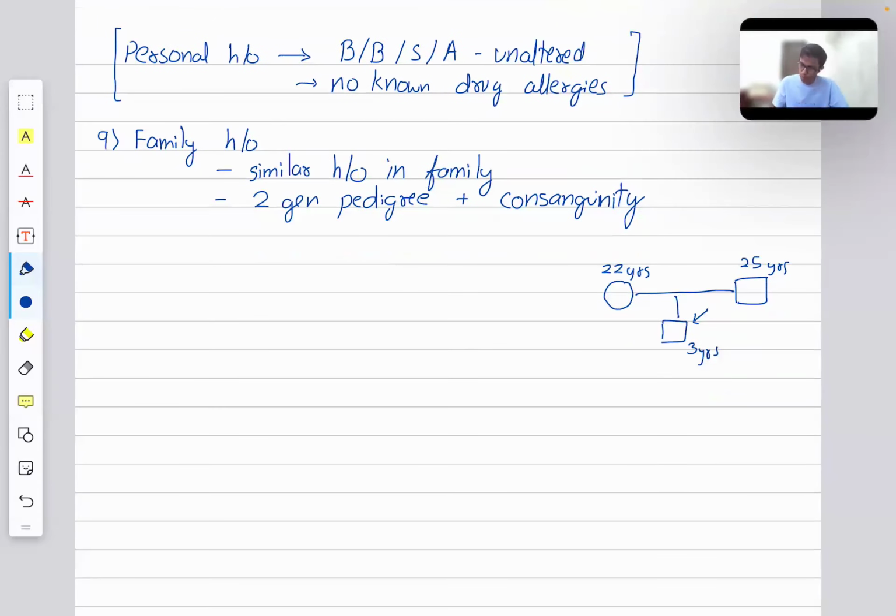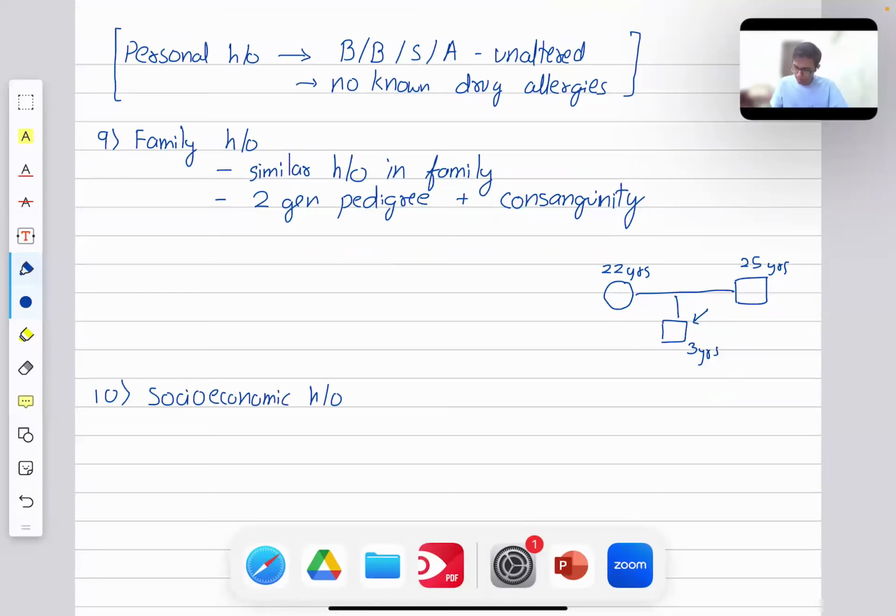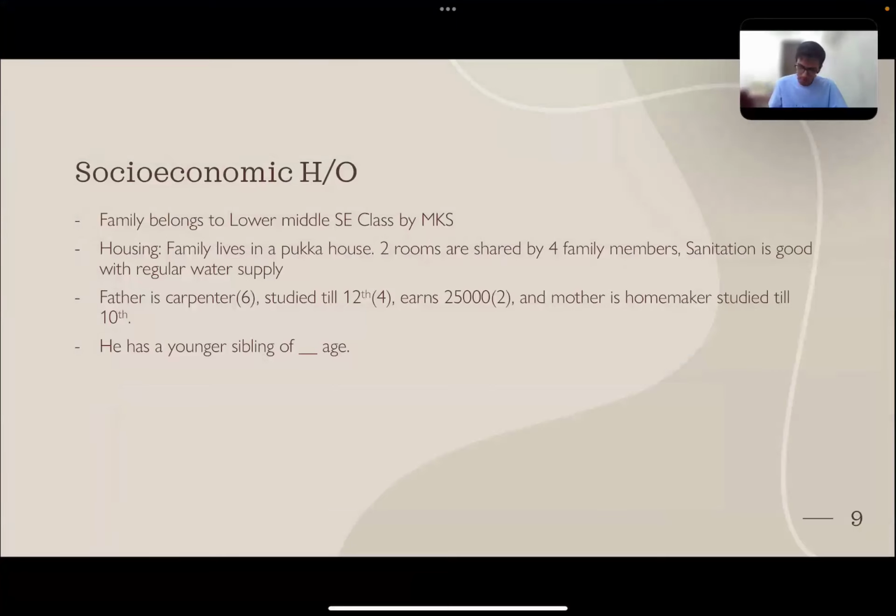Next, we can move on to socioeconomic history. Again, this is less important, so complete it at the end. This is a sample socioeconomic history. Just in case you don't have enough time to take this history, just simply write the same one. I don't think the examiner will catch you on this. He won't go and ask the patient whether these details are correct or not. And in any case, you would have studied it in TSM, so you should be able to answer